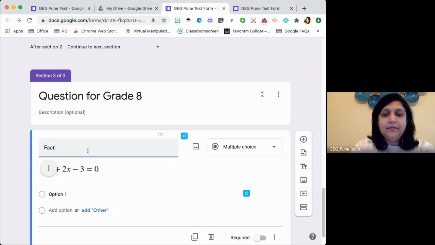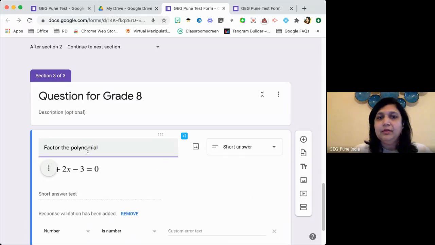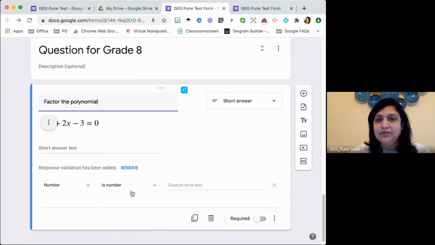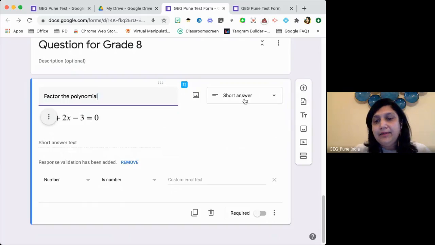And I say factor the polynomial. Okay. Now 8th grade के लिए, I'm sure this is a very good question for 8th grader. I left it as a short answer because again, the same response validation has been automatically added, if you see,